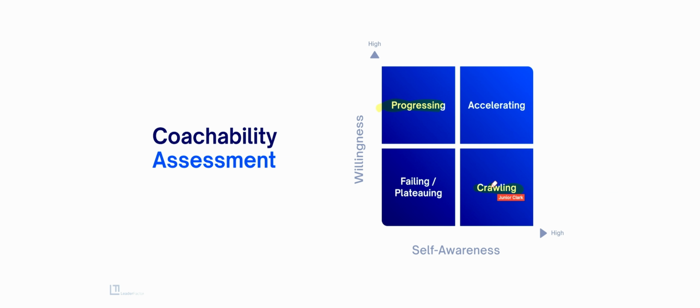Okay. So let's go to accelerating. High. These are people who are going to fly through that 9x9 matrix. If you have high willingness and high self-awareness, you're going to be able to move very quickly. So if you use this in tandem with the coaching and accountability matrix, you have a lot of information